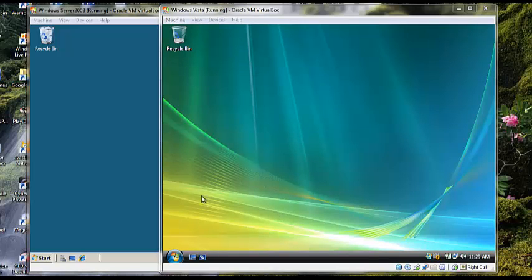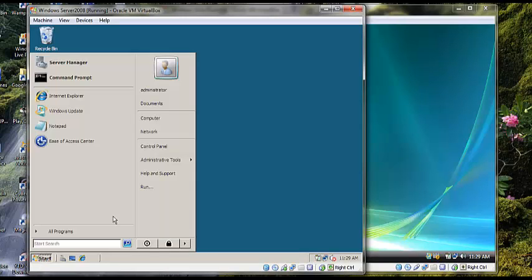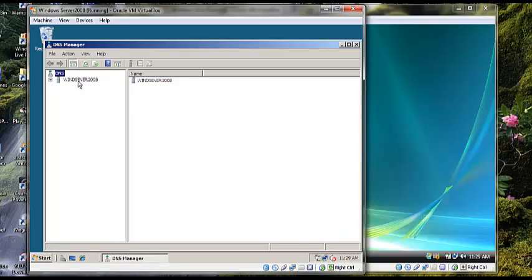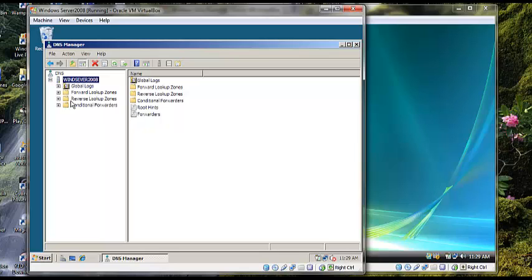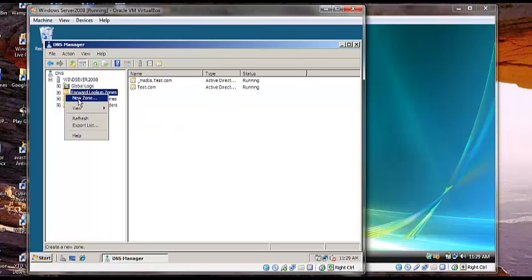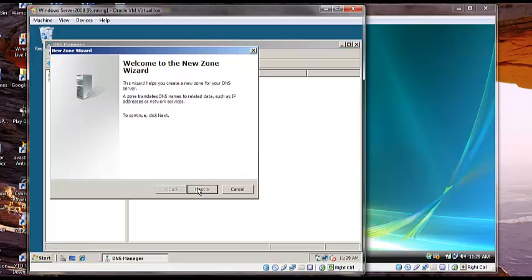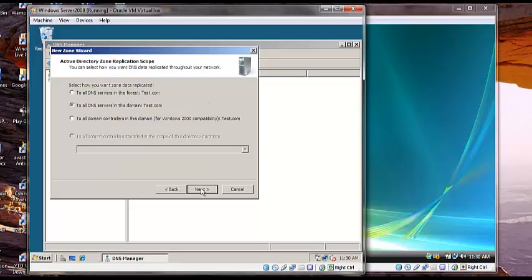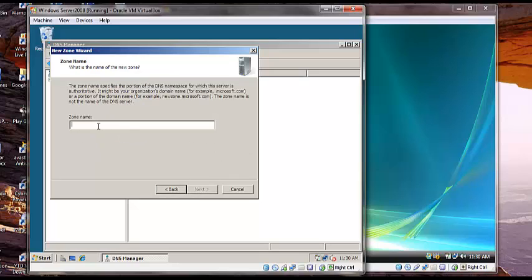Now for the DNS server configuration, go to Start, Administrative Tools, and select DNS snap-in. And this here is our server name. We expand this, and you can see forward lookup zone and reverse lookup zone. Now I already configured my forward lookup zone, but for the purpose of this demonstration, I'll go through it one more time. So you right click on forward zone, new zone, next, and we allow the zone type as primary zone, next, and we leave the default setting here also, next, and you can type the zone name here,